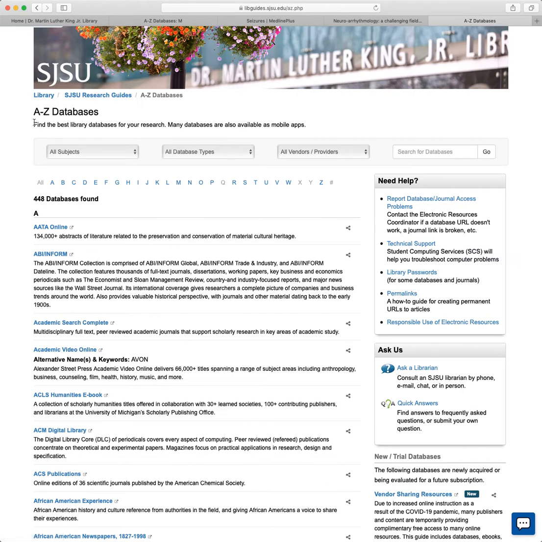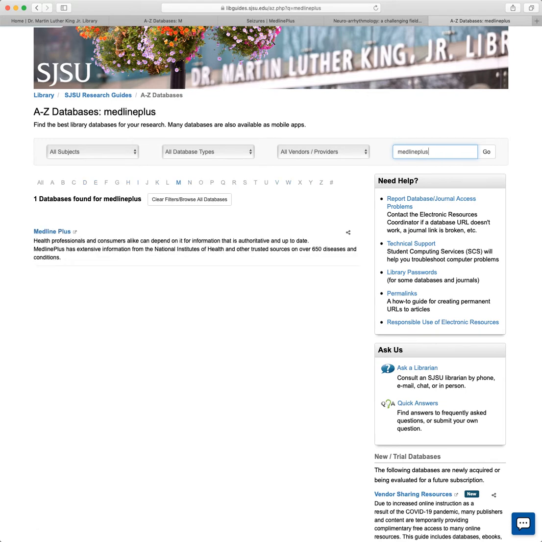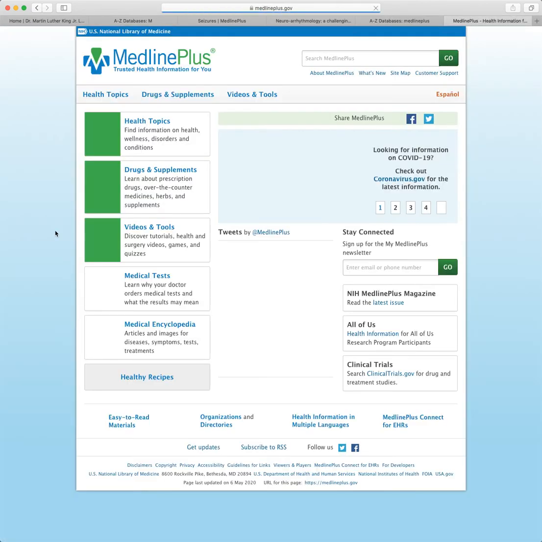Then we're brought to A to Z databases at the SJSU library link. And we're going to go over here to the Search for Databases Go text box. And this is a specific database, so there isn't a library guide for it. All you have to do is type in Medline, not meddling, Medline plus, hit enter, and you'll see there's one database that comes up for it, and this is the one. So we want to select that,